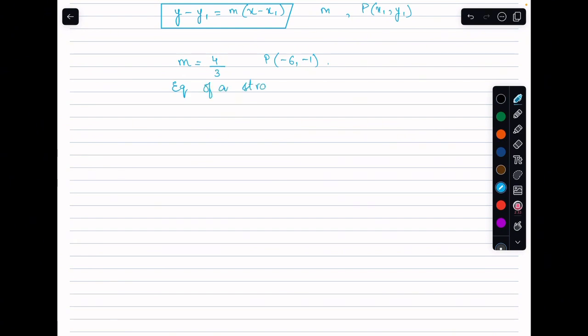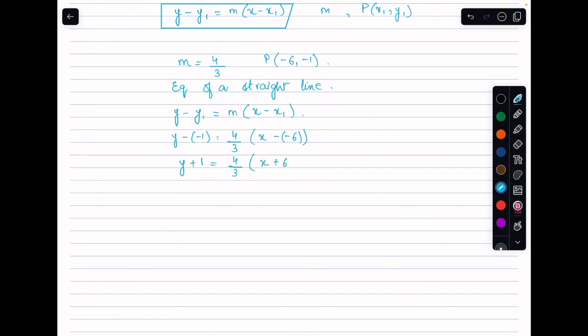So to get the equation of this straight line, I will simply be substituting these values in the line equation, which is y minus y1 equals the gradient times x minus x1. So y1 is -1, gradient is 4 by 3, and x1 is -6. Solving it further, it's y plus 1, which is equal to 4 by 3 times